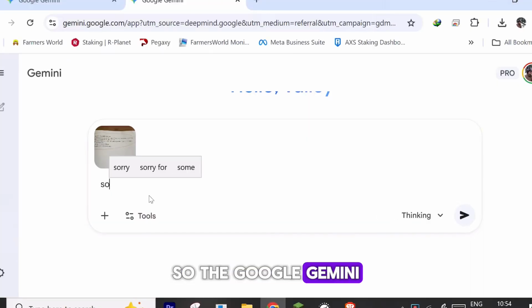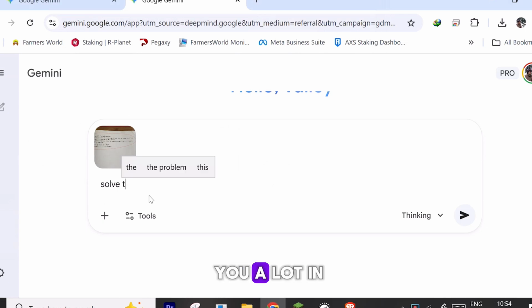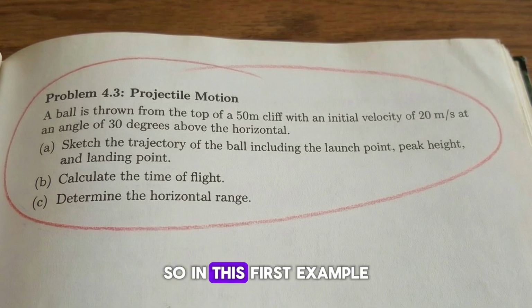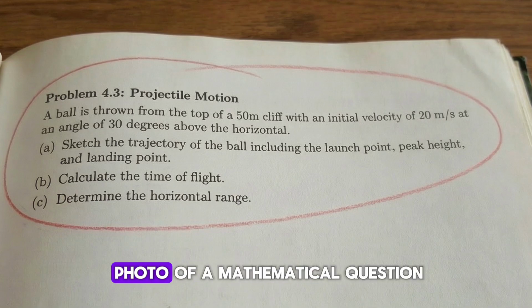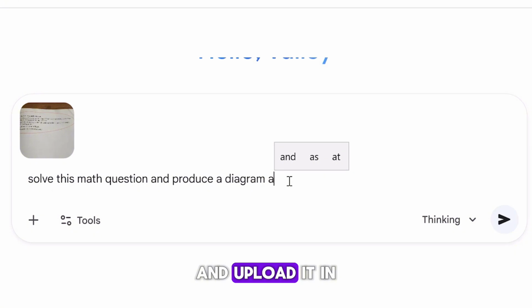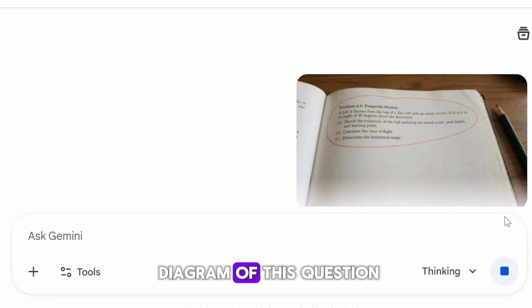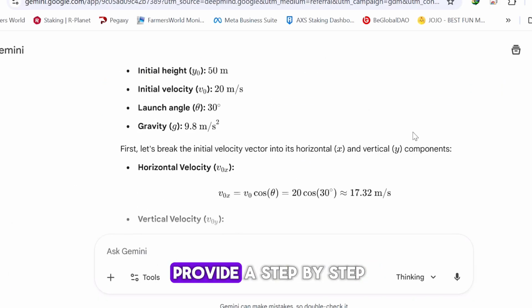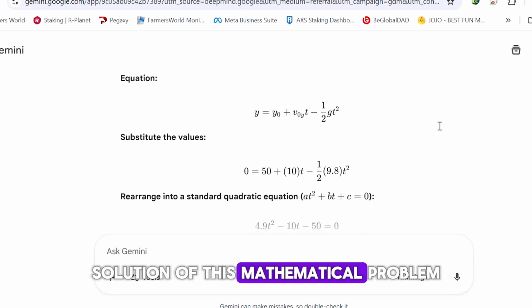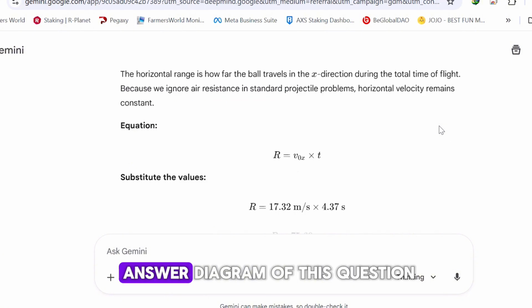So Google Gemini and Nano Banana Pro can help you a lot in your studies. In this first example, I just clicked a photo of a mathematical question and uploaded it in the prompt box, and also gave the prompt: solve this question and also draw a diagram of this question. Within seconds, it provides a step-by-step solution of this mathematical problem and also provides the answer diagram of this